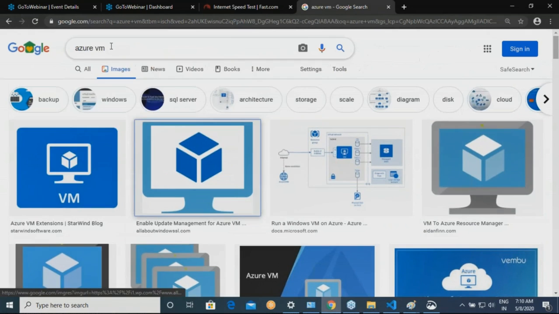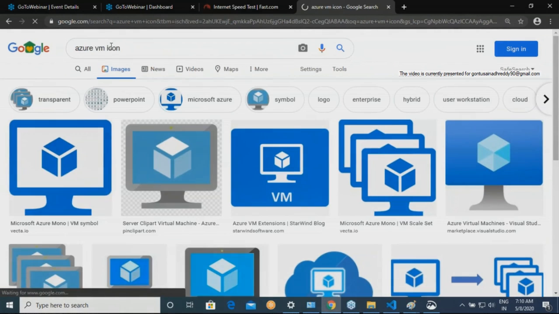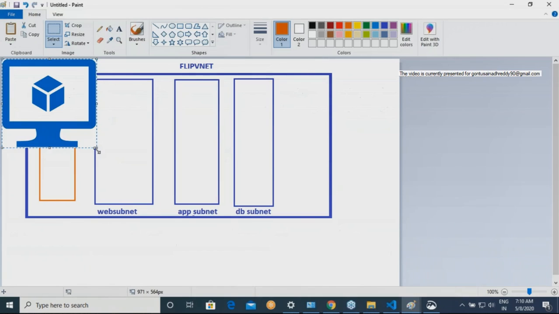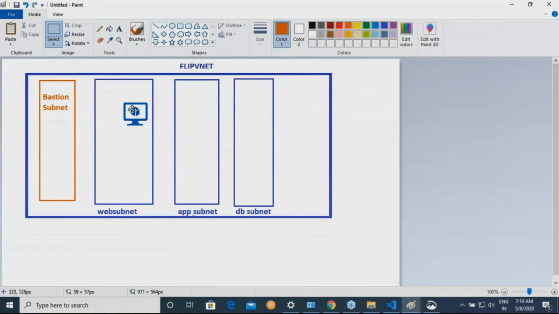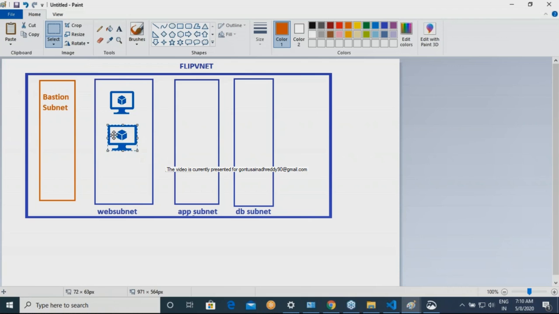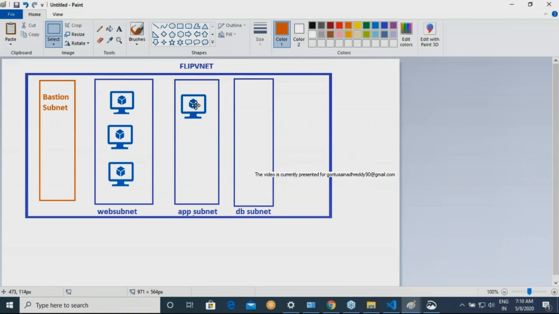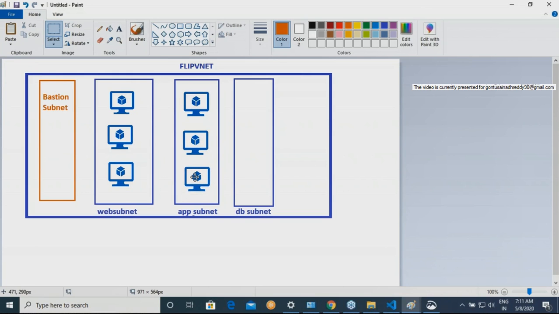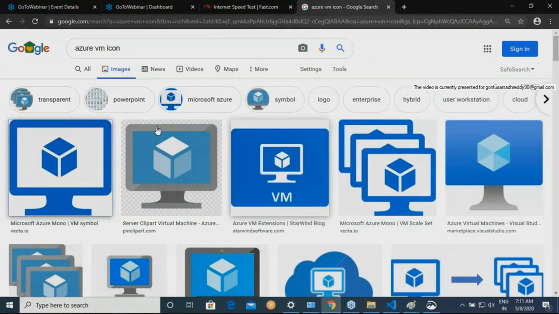Here I'll have some Azure VMs. We'll not be creating three, what I'm just drawing in this image. So here we'll have some virtual machines. And in the DB subnet, we'll have